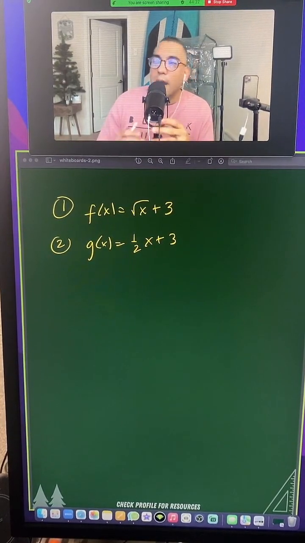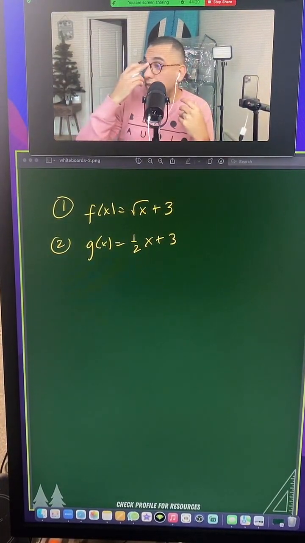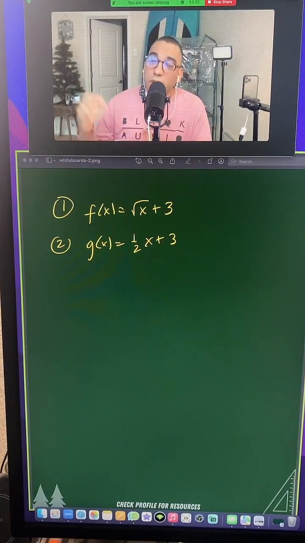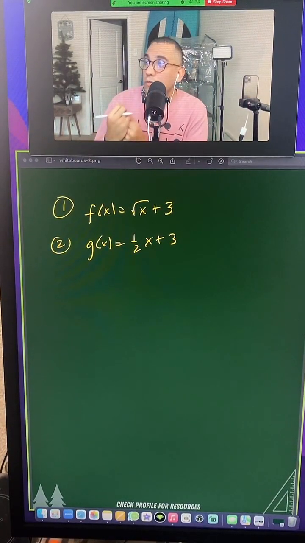One of the things about calculus, and honestly when you're learning higher level math, is you should have a good idea of how functions look and what that means in terms of their transformation. Okay, so